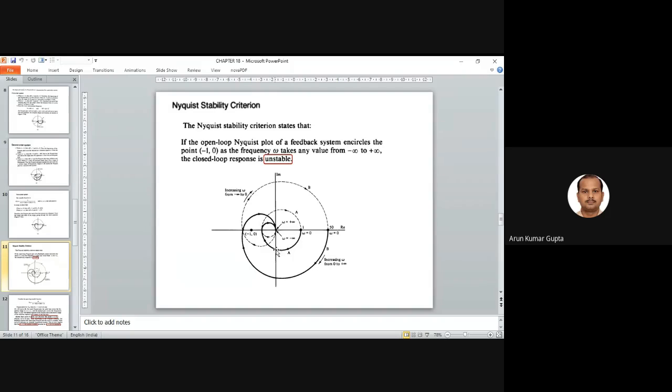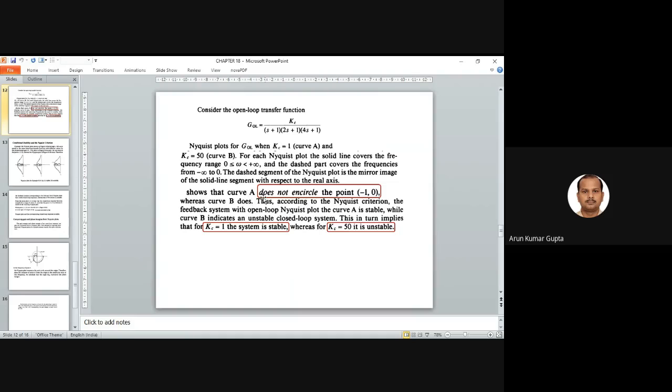So just like we have two plots here, for example, it is shown that one is the inner circle, the other one is the outer one, the B curve. So you can say the B curve is encircling this, or it is just inside this point. So B curve is unstable, A curve is stable, right? A does not encircle the point minus 1, 0, so this is stable, and B curve is unstable, right? So this is basically the plot of the open loop transfer function given by this, and for that they plotted and finally concluded the result.